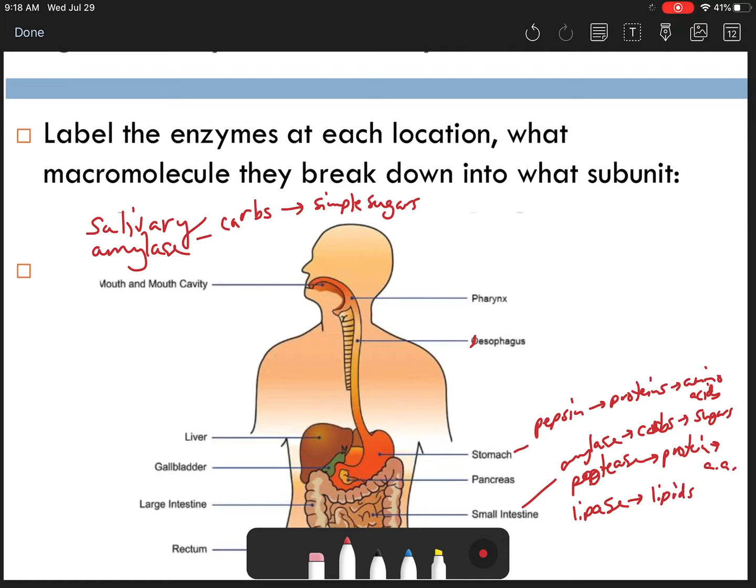And lipase, remember what that breaks down? Breaks down the lipids, in this case the fats, into fatty acids and glycerol. So these are the only three main places where actual digestion occurs, where the enzymes occur. Remember that a lot of these enzymes here are actually produced in the pancreas, but they are used in the small intestine for digestion. Okay, and don't forget the liver and gallbladder also play a role in storing some of those different molecules that are necessary. So make sure you know all the different major enzymes, where they're located, what macromolecule they break down, and into what